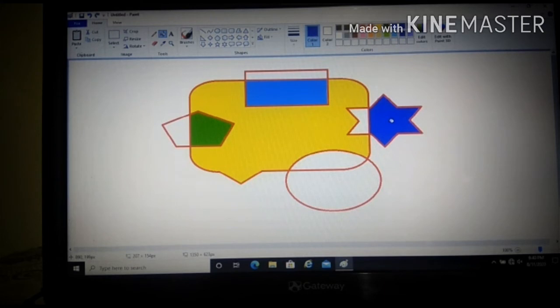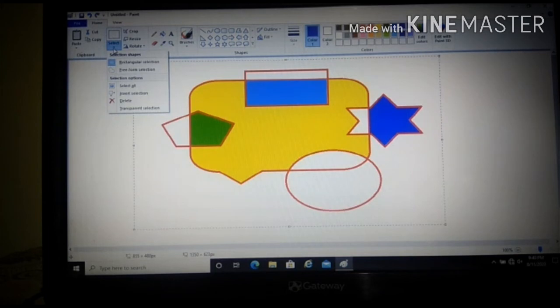What exactly does flipping mean? Flip means to rotate or turn the selected picture horizontally or vertically. Okay, so suppose you want to turn it, or you can rotate it. And how to do that? You have to select again. Next option is rotate.